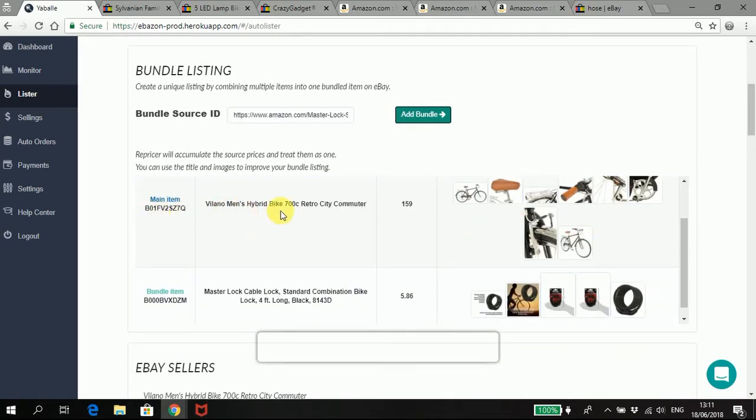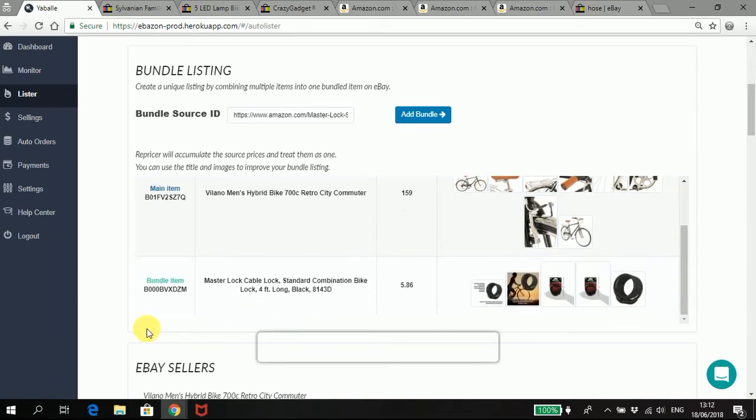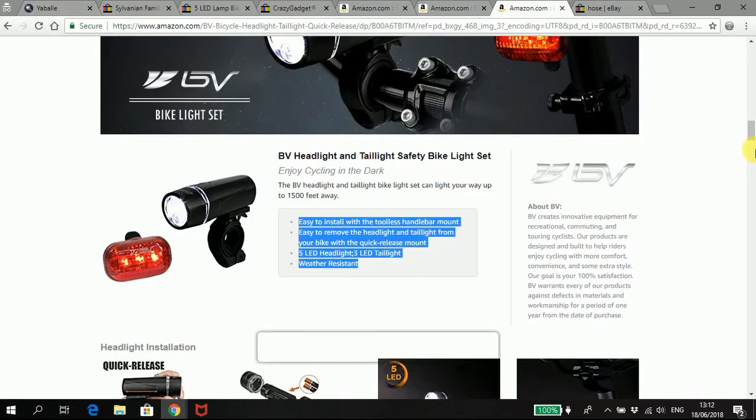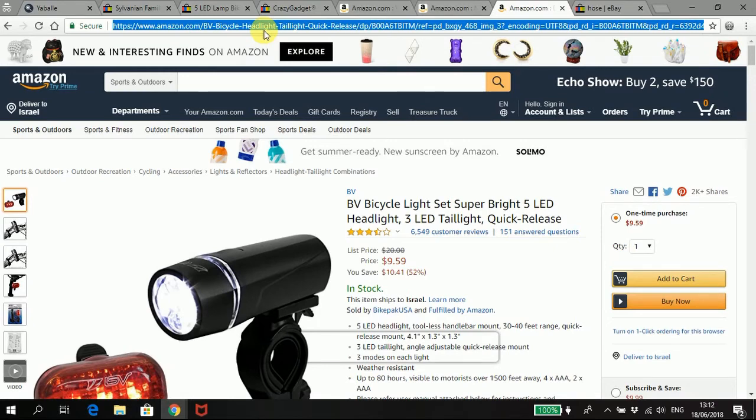You see this is the line of my main item. We have columns here of source ID, title, source price, and images of each item. This is the row of the bicycle, and underneath I have the bundle item. And now I want to add another one, so I just select my first link, I can delete it, and I paste the third link there, which is going to be this one,